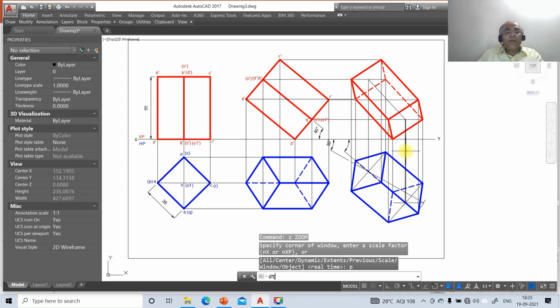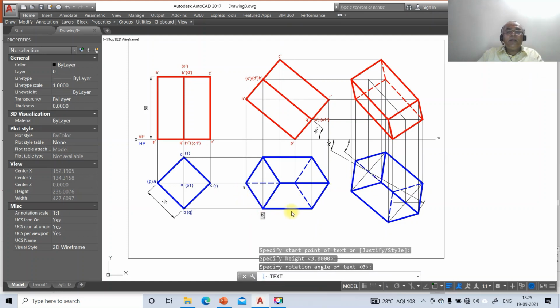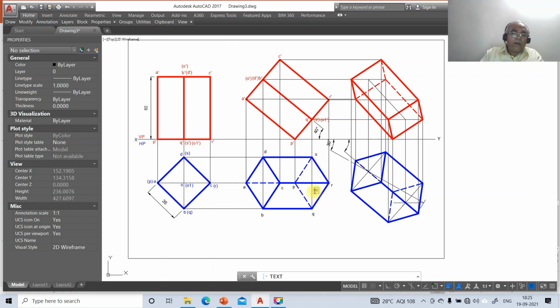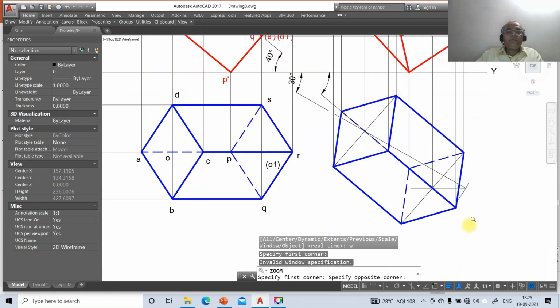then you take, then mark this as A, B, C, D. Here it is P, Q, R, S, and here in brackets O1, and here it is O. Then go to zoom window and take this.